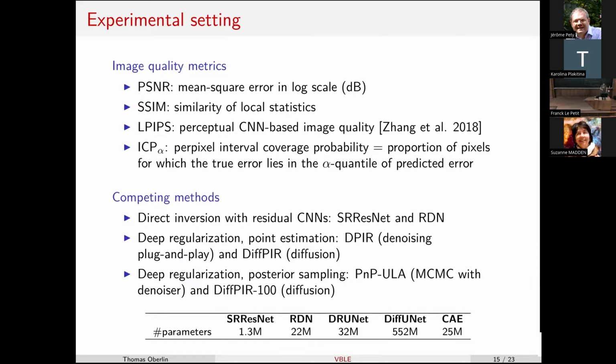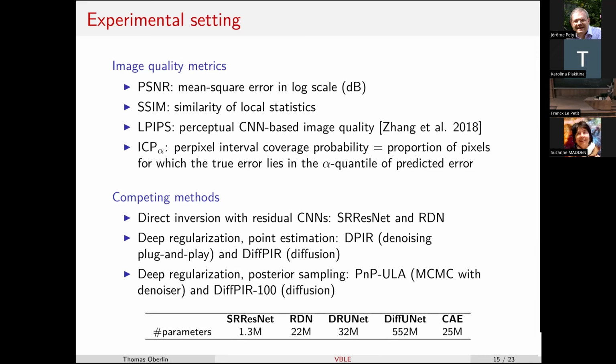And we compared our result with different methods. First, direct inversion, so a simple CNN that will take the degraded image and output the target image. We have a small one and a bigger one. So this is the number of parameters. Then we have deep regularization with point estimation, either with a denoiser, DRUNet, or with a diffusion model.